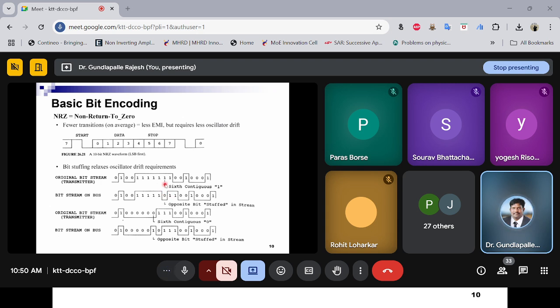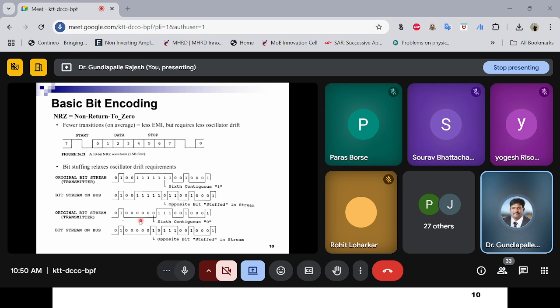Okay, and then the remaining 2 bits will be processed as such. So this is how the bit stream will be happening. Suppose the quite opposite also can be done, that is, continuous 0 bits can also be stuffed with an opposite bit. So in the second case, if you see,